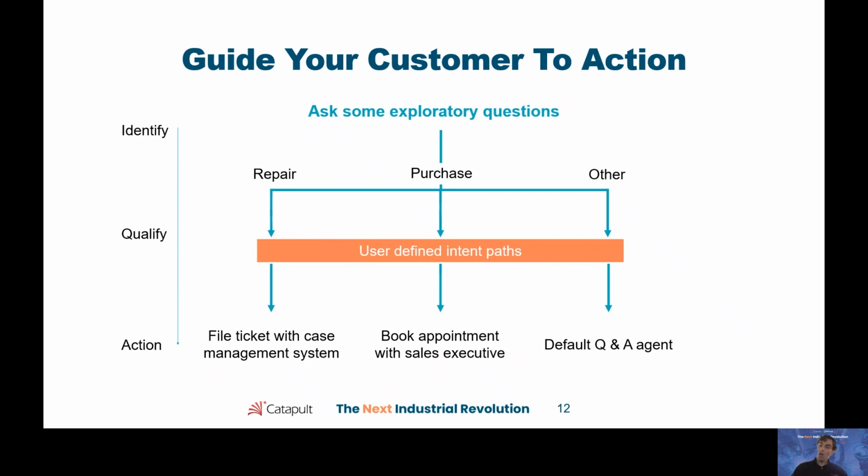All the things that you would need to know in order to direct it to the right repair system for case management. And at that point, we can get the bot to actually go and file that ticket with case management. No waiting on a line. In 5 minutes, I've got my ticket filed and it's gone to your tier 1 support or tier 2 support for triage and remediation. So these bots can identify intent, qualify the intent and what actually needs to happen, and then act on it. And I think that's really powerful